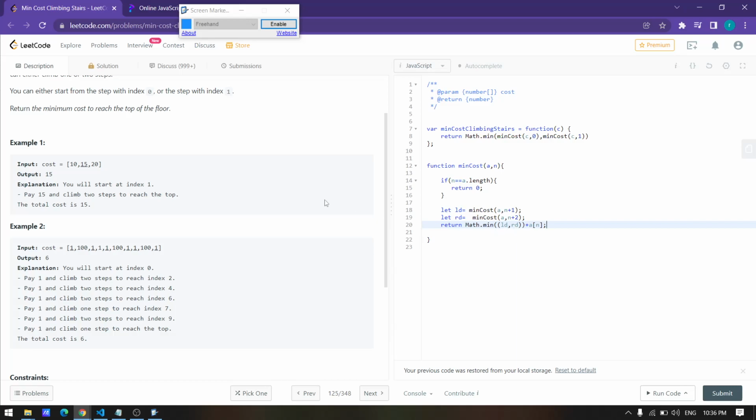So I'm going to take the minimum value from n plus 1 or n plus 2, the minimum of 15 or 20. So it will automatically take 15 and add 10. So 15 plus 10 gives me 25.